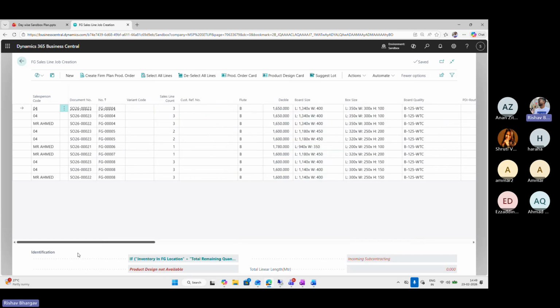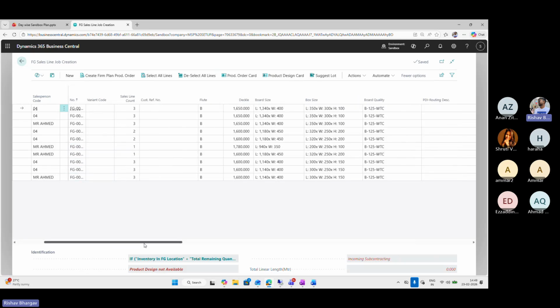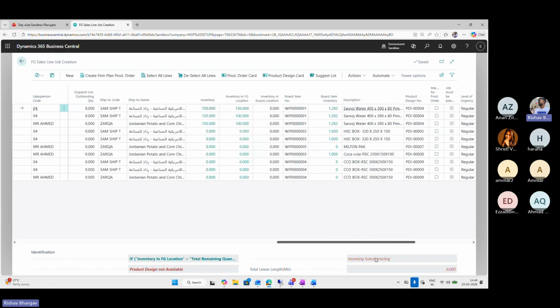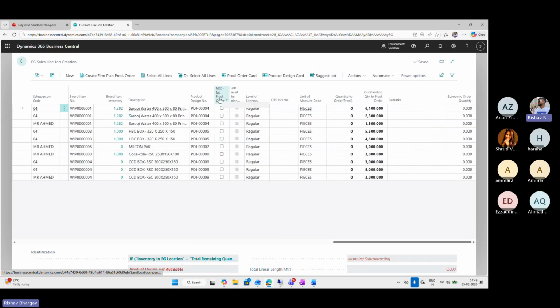So if we want this sales order 22 and 23, and from 21 to 23, we select these lines marked for production order. We select all these lines, and the quantity to order and the outstanding quantity for production order